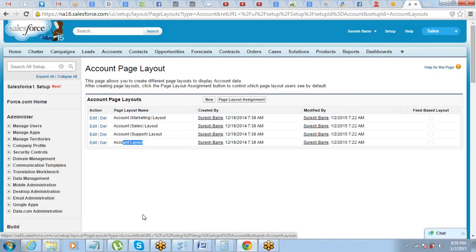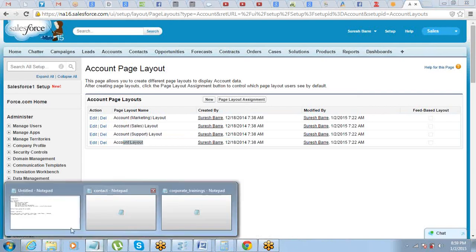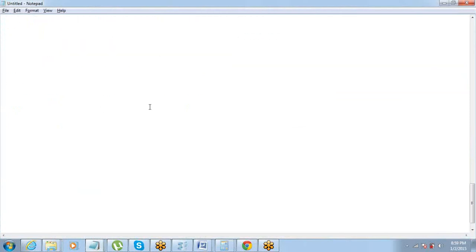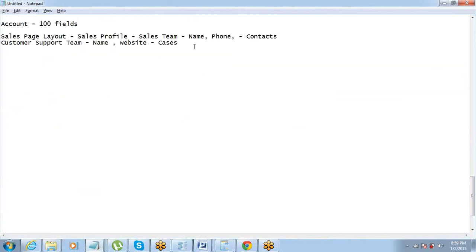So let's do a quick activity. I want everyone to go and change the opportunity page layout.